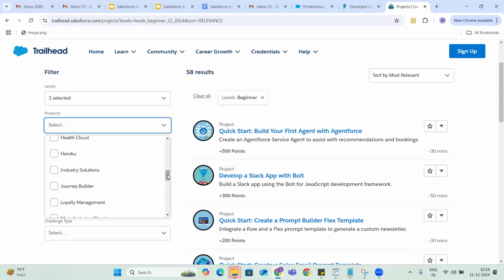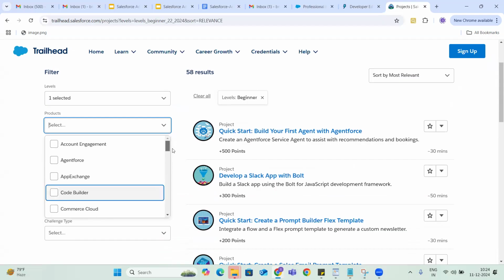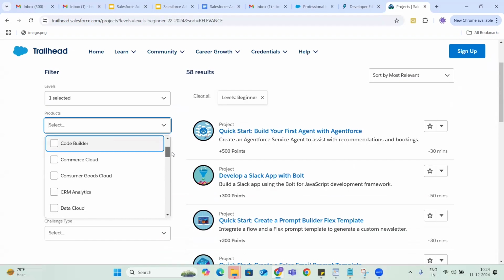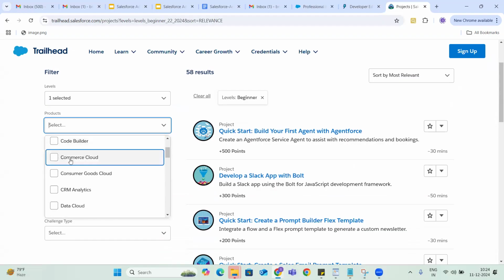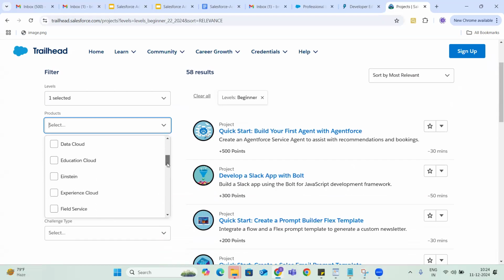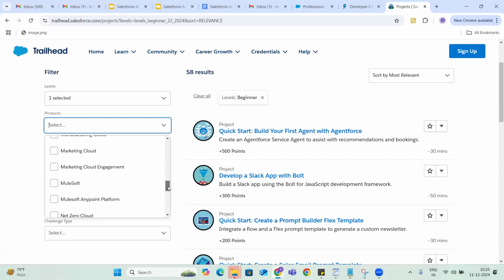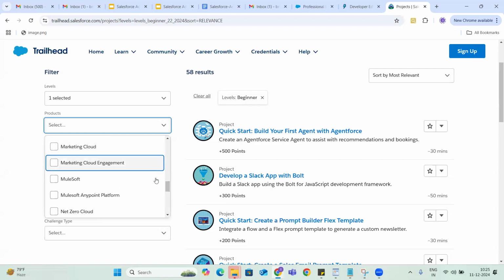In our first class, we learned about the different clouds. These are all different Salesforce products they have: Agentforce, Code Builder, Commerce Cloud, CRM Analytics, Data Cloud, and we will come to our clouds also, Sales Cloud and Service Cloud, Marketing Cloud, MuleSoft. Salesforce is very vast.